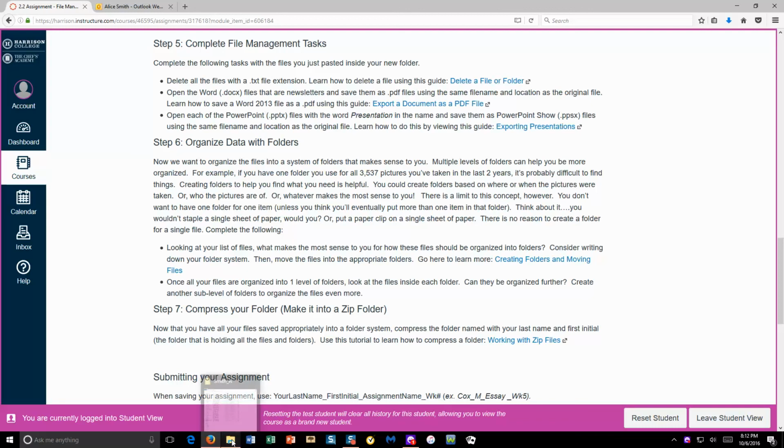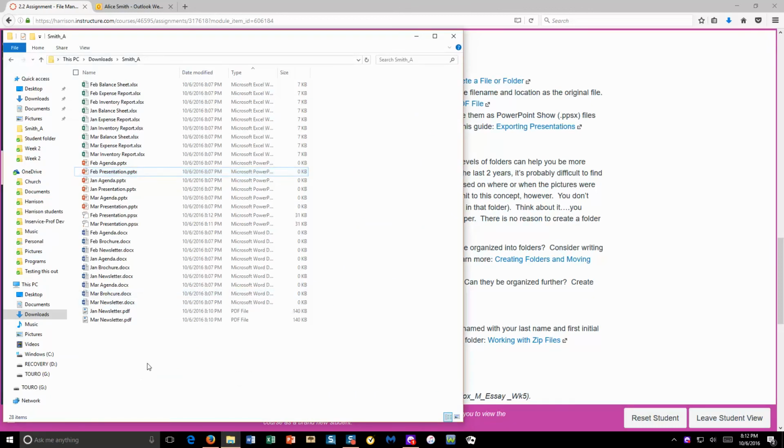Okay, that sounds like a lot, but it really isn't. So we want to make sure that all the Excels are together, all the PowerPoints, and all the Word, and the PDFs go with the right ones. Okay, so my guessing is you would want to do Excel, Word, and PowerPoint folders. You might even want to do a separate one for PDF, but it doesn't tell you exactly to do it. So up here, okay, so we're going to do